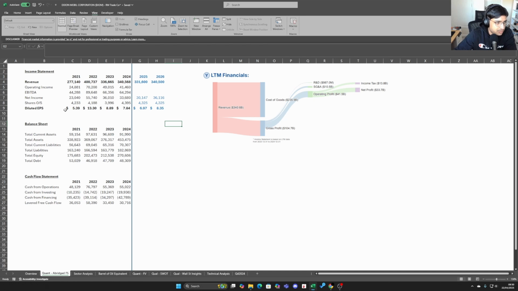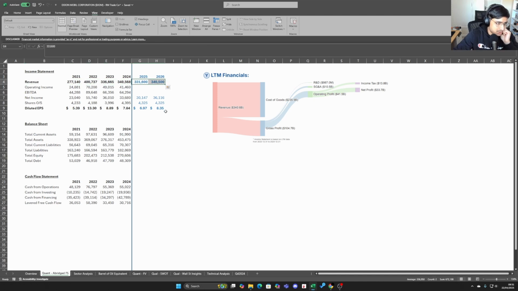Cool, yeah. So coming on to the abridged financial statement, the reason I've done an abridged financial statement is because I think when you start doing more trade analysis, especially for trading, you come to realize that doing a massive and complicated DCF model, the ROI on it, for instance, is very minimal, and a lot of the time you're just wasting your time fleshing out a massive financial model and DCF model to then come to the same or similar conclusions as the street and everyone else, especially with companies like this, which has so many eyeballs on it.